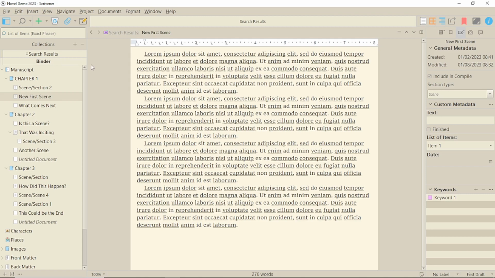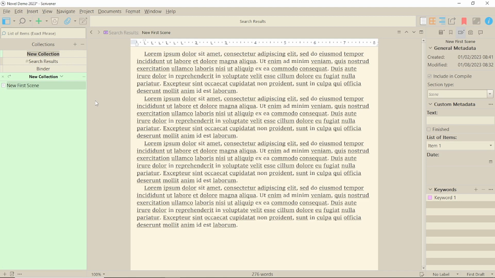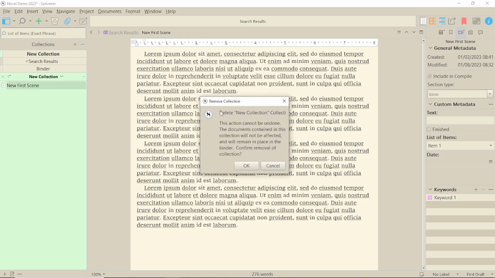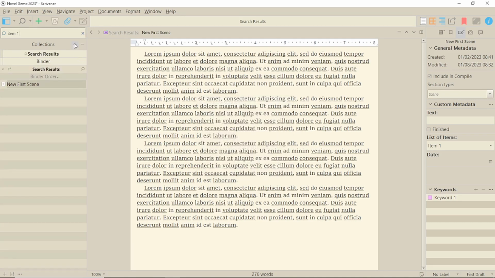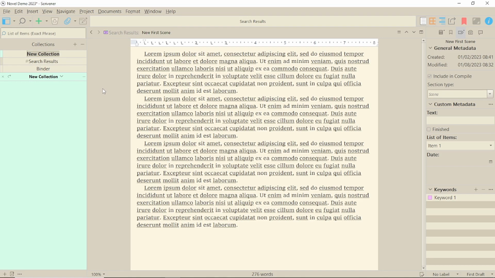To create a collection, click on the plus icon. To delete one, click on the minus, with the collection selected. And confirm that this is what you want to do. One thing to note is that if you've recently done a search, the results for that might appear in your collection. If that happens, just click on the cross next to it and it should go away. There's also a reset in the magnifying glass menu.